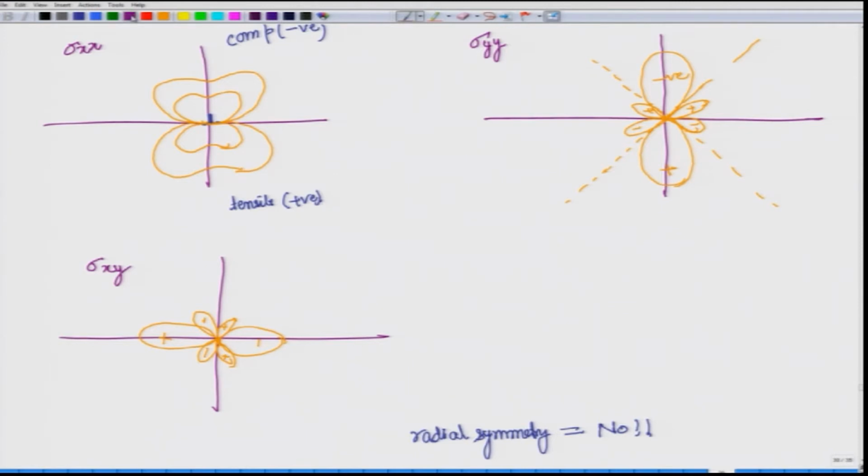We can also draw still another one, which is hydrostatic stress, which is P equal to 1 by 3 (sigma xx + sigma yy + sigma zz). Sigma zz is some quantity dependent on xx and yy, so we are not drawing it. P is also dependent, so we can just directly draw P and we will get a full understanding of the overall stresses acting on this, and this will have not really a radial symmetry, but you can say half radial symmetry.